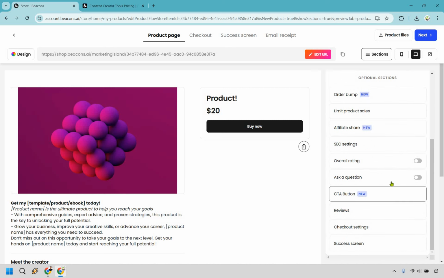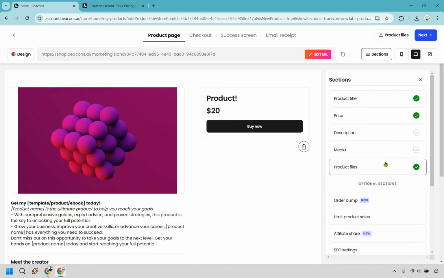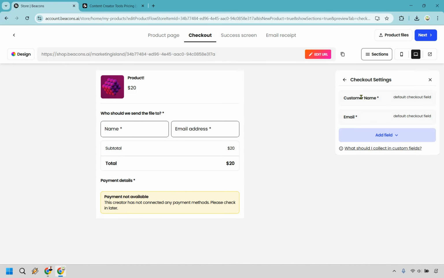You can change around the CTA button. You can ask questions. You can showcase ratings. A plethora of features that I think you're really going to like when it comes to improving your conversions overall. And of course, we have the checkout page where there's going to be customer name and email, pretty much standard